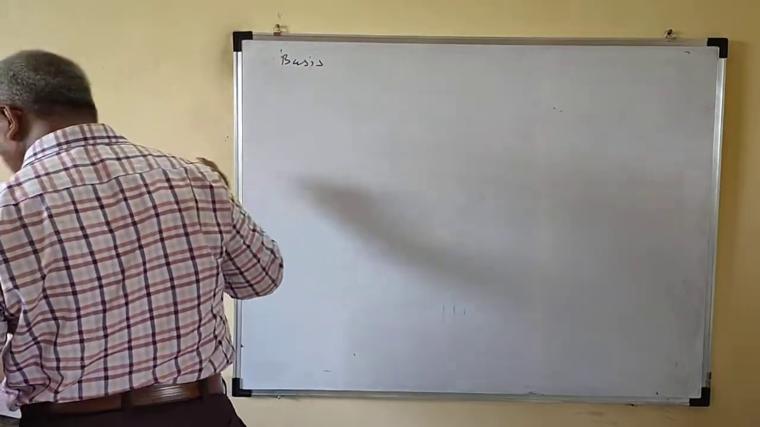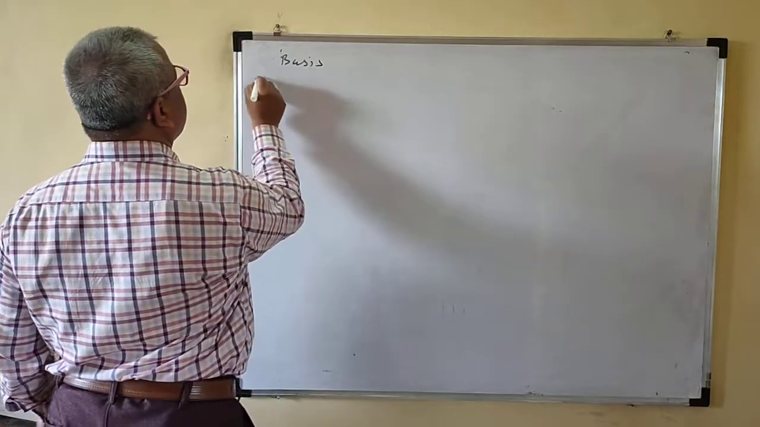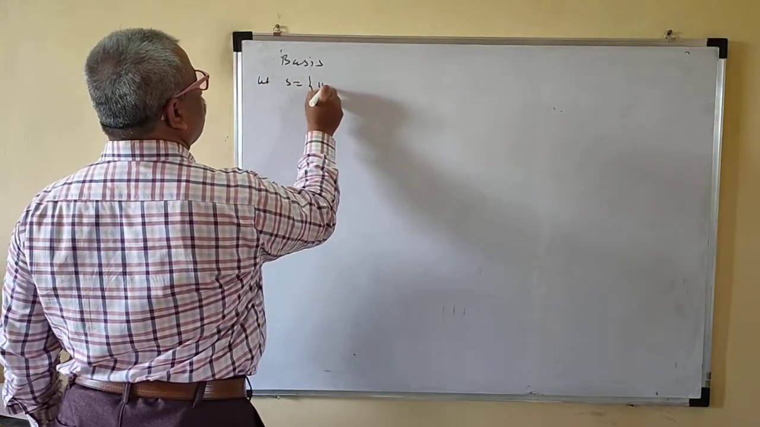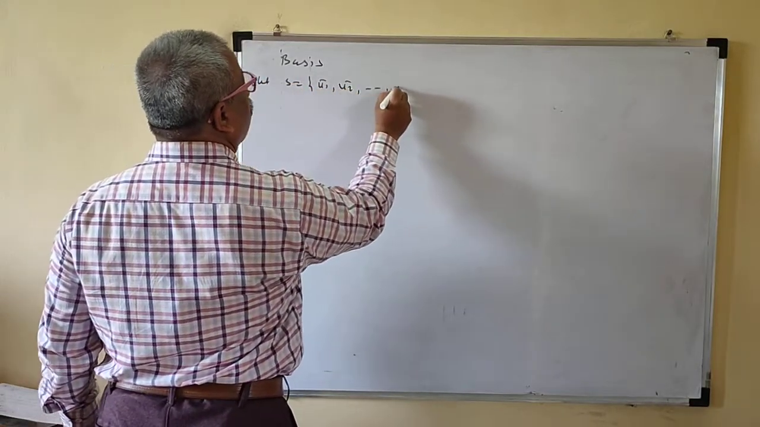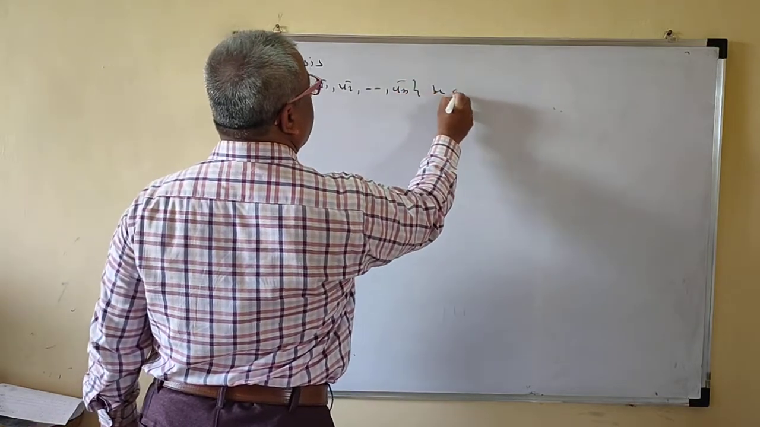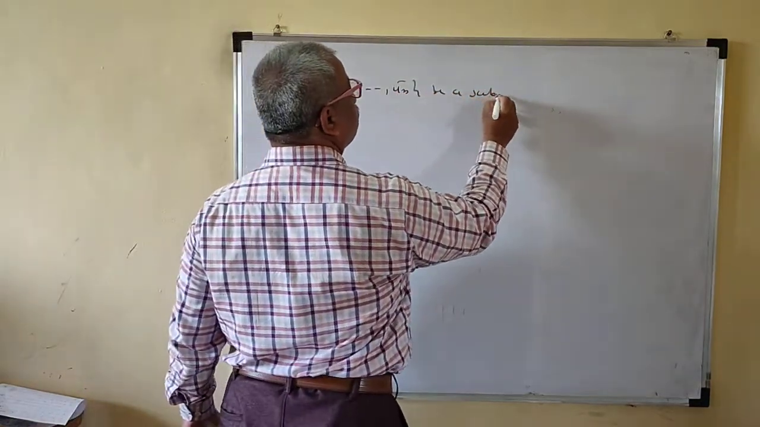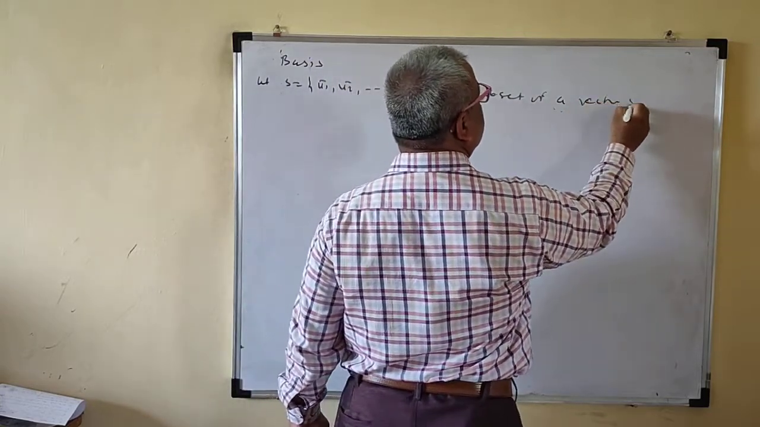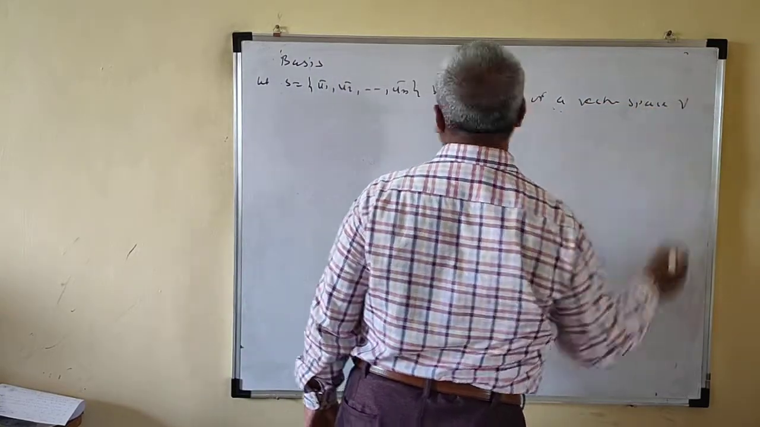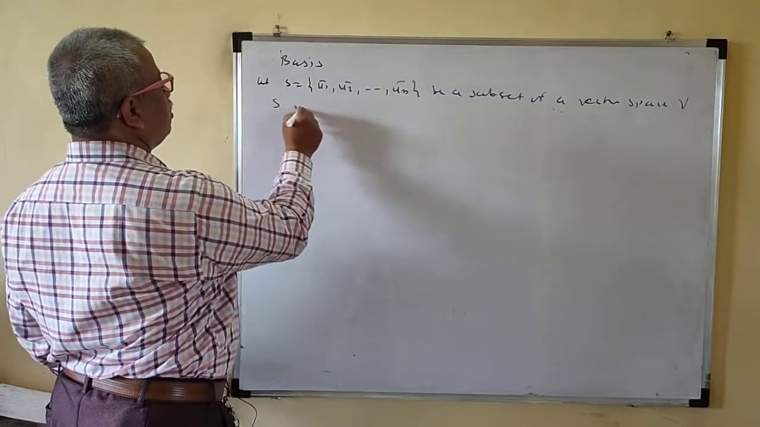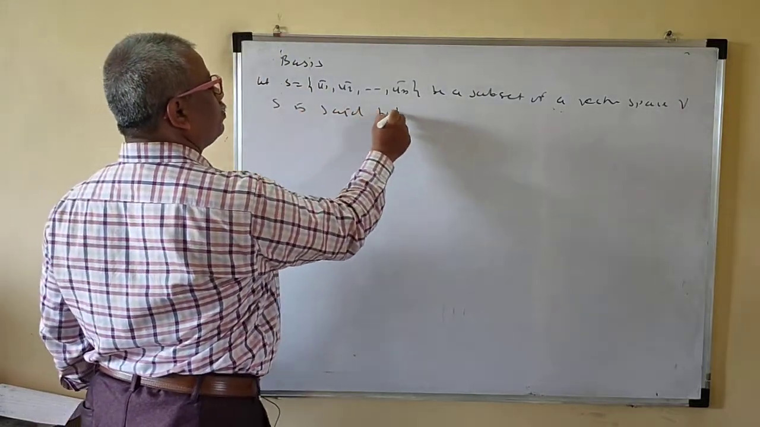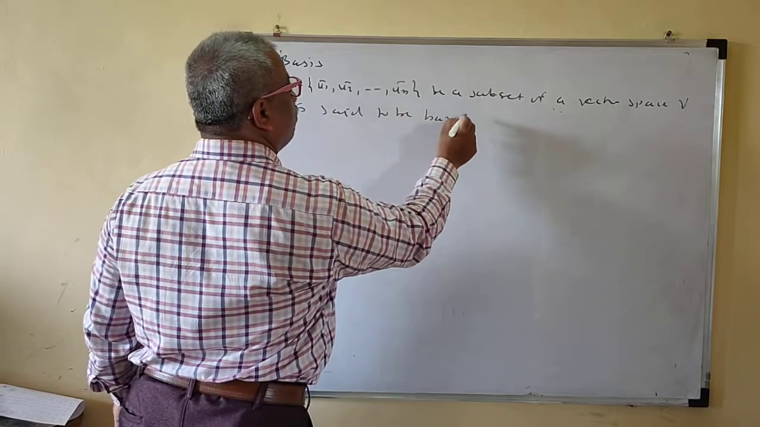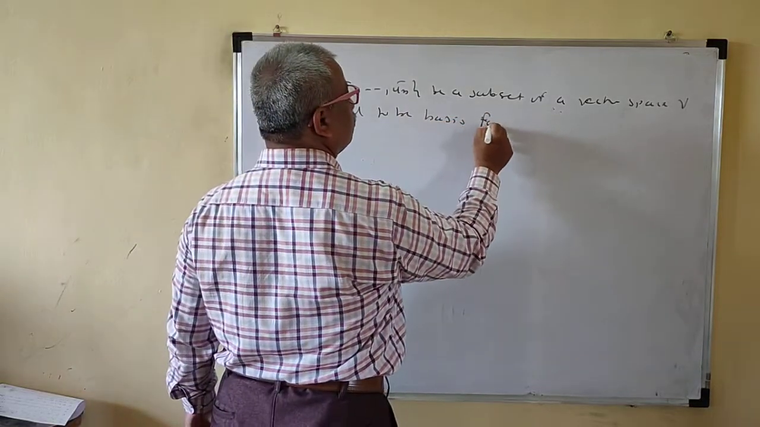So what is the definition of basis? Let S = {u1 bar, u2 bar, ..., un bar} be a subset of a vector space V. S is said to be a basis for V